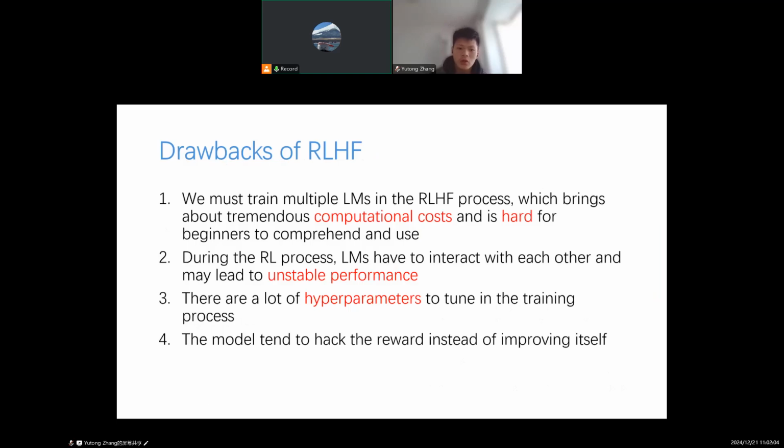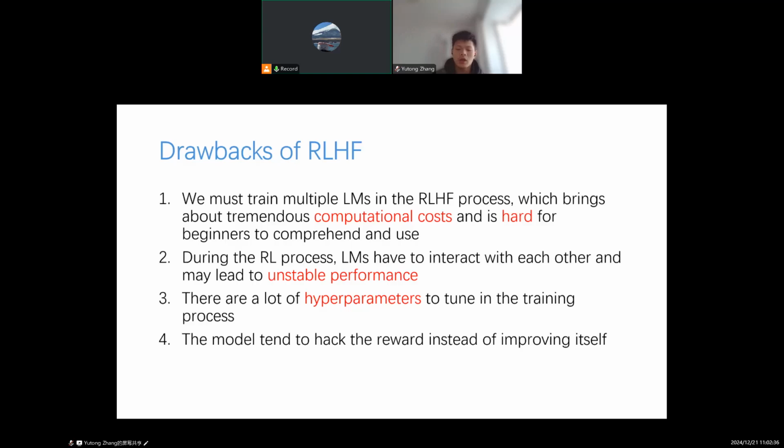However, there are some drawbacks of RLHF. First, we must train multiple LLMs in the RLHF process, which brings about tremendous computational cost, and it's hard for beginners to comprehend and use, right? So we have a model to interact with the environment, which is the reward model. We have maybe what's called a fixed model, right? And so I think we may need like 3 to 4 models at a time,